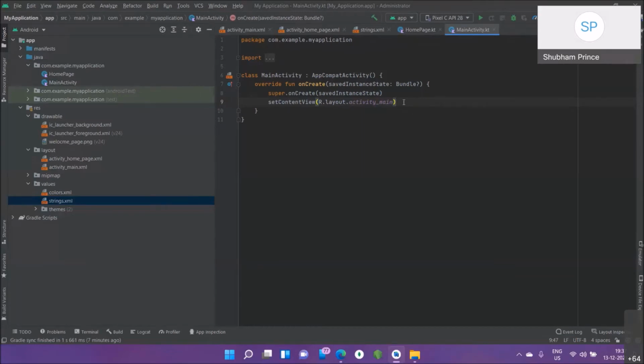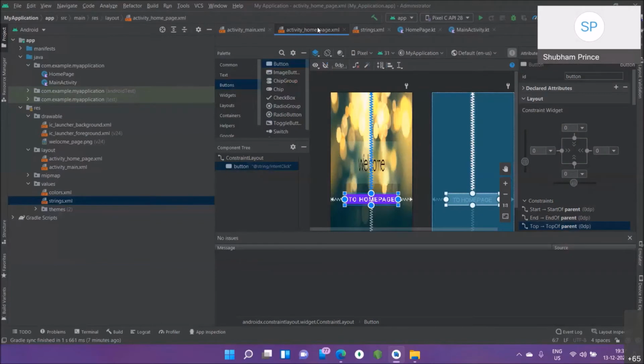Before setting up the intent, we have to add a property, and that property is set on click listener. See, this button which we have made here, we have to add what? On click listener.